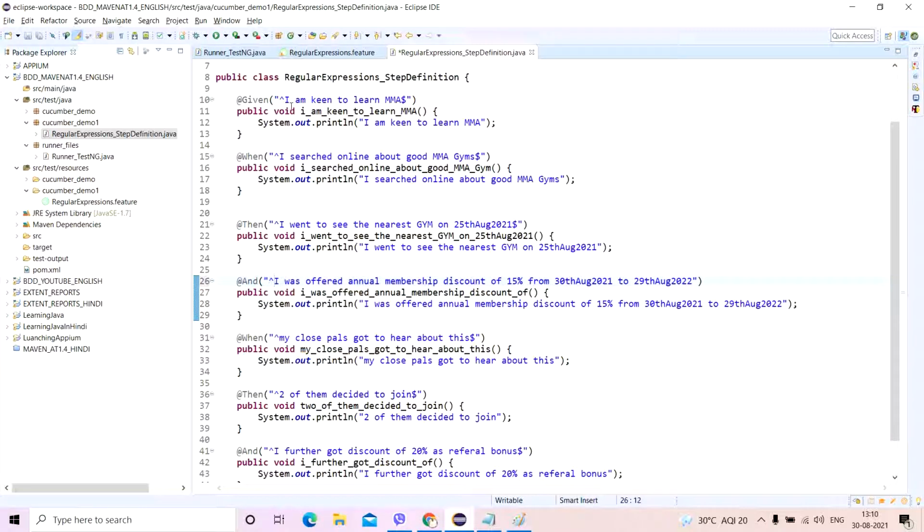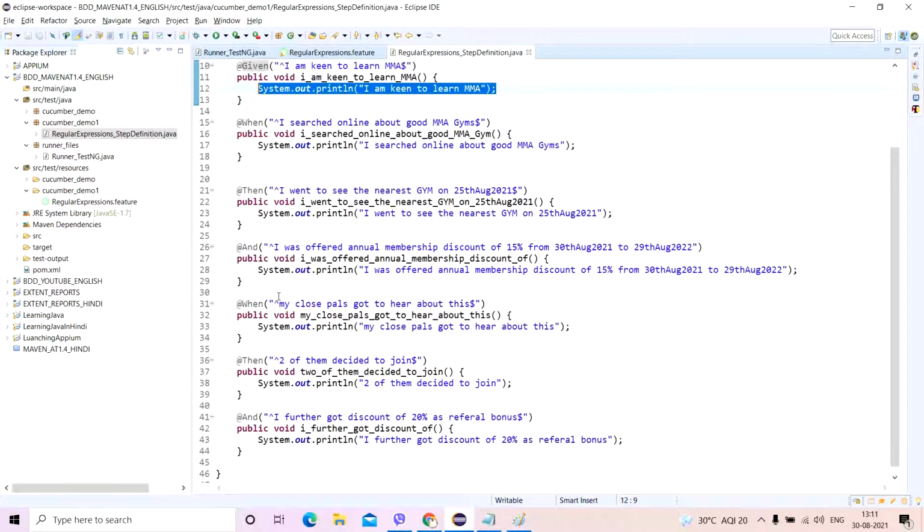Whatever you do, first and foremost you have to give this at, then convert this into a string, put it inside parenthesis, and without leaving any spaces start with the beginning symbol and end with the $ sign. That is how you do it. Then obviously you'll have to create a method and pass the logic inside of it. As of now I've just passed whatever is printed inside this step, and that's it. So I have completed everything. Let me check once again if I have missed anything. No, it looks fine now.